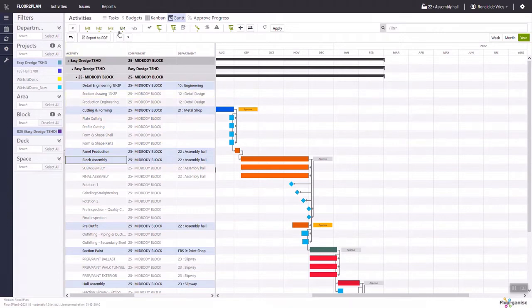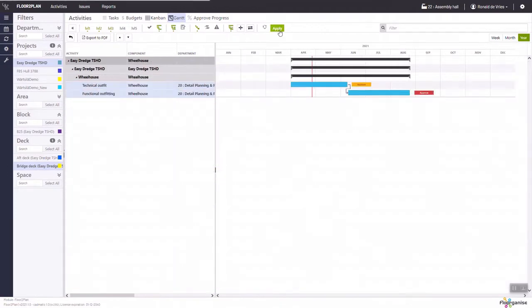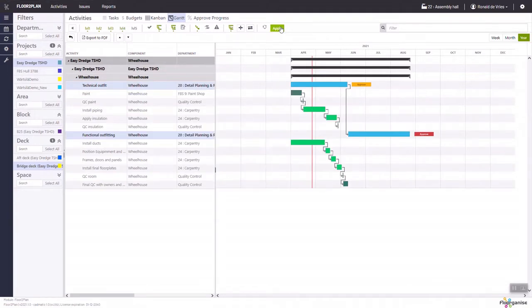While there are more products that we need to complete for completing this vessel than just the blocks, we also have rooms, areas and systems, for instance. So if I now take a look at a deck, I have here the bridge deck, and I'm interested in the rooms that need to be completed on the bridge deck. So I select level 3, and I see here there needs to be a wheelhouse completed with technical and functional outfitting to take place. And when I add level 4, I can see which distinctive tasks need to be completed in order for these phases to be completed. So I see install of ducts and position equipment, frames and doors, all assigned in this example to the carpentry